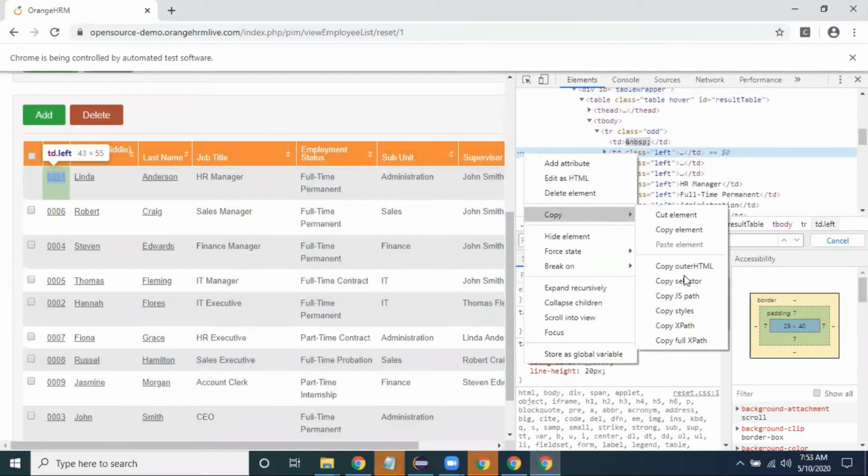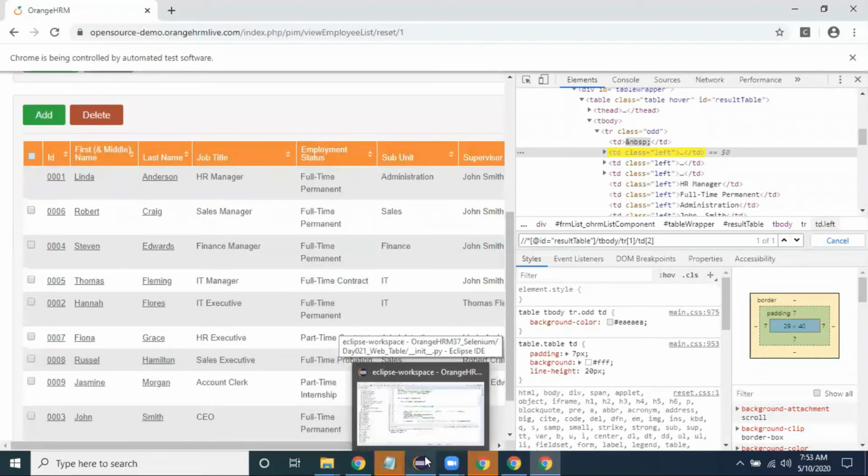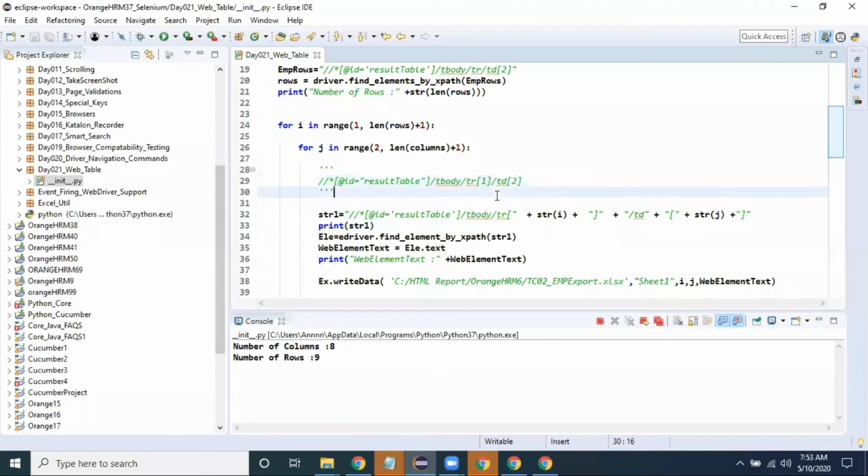Just a minute, copy XPath. So td of 2, the j value starts from 2. The first cell represents the checkbox, it is not required by me. That's why I have declared my j value as 2.